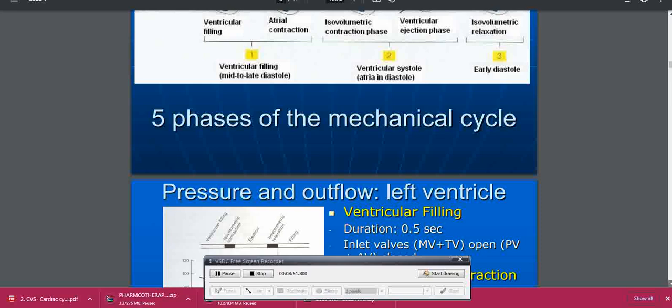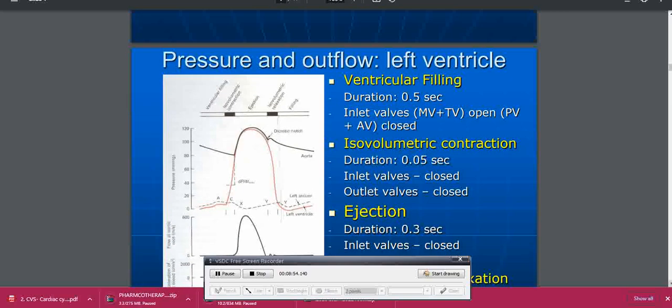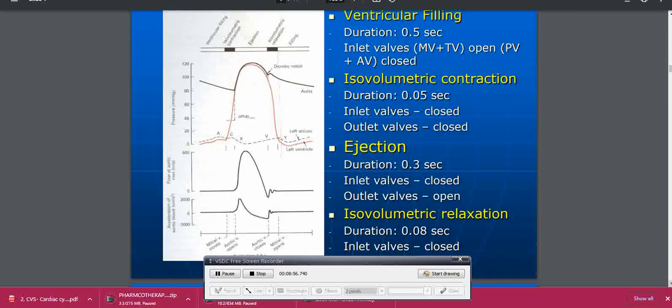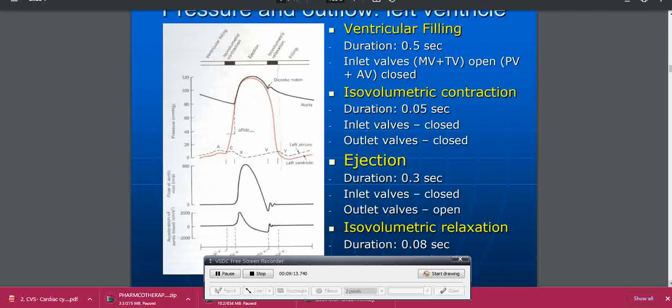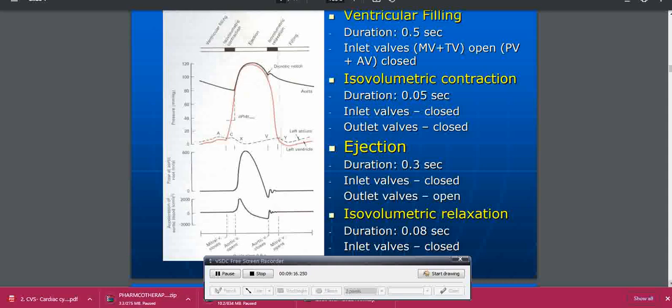So we have the 5 phases of the mechanical cycle. Don't forget those which I've mentioned. Then now talking about this, we have another chart here. The pressure and outflow of the left ventricle, that is what you want to check. Here we have ventricular filling, isovolumetric contraction, and ejection, and they are arranged in terms of the duration which each of them takes. Then the valves which are associated, for ventricular filling, we have the mitral valve and the tricuspid valve, which open